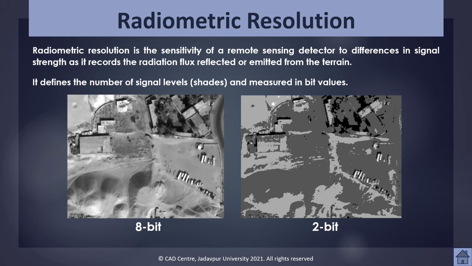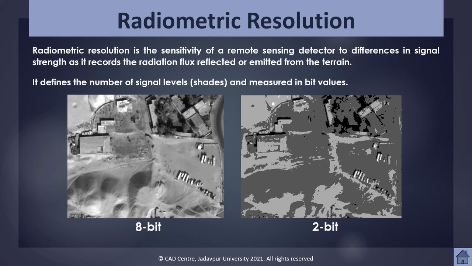The finer the radiometric resolution of a sensor, the more sensitive it is for detecting small differences in reflected or emitted energy. The number of radiometric levels, also referred to as brightness level or gray level, is commonly expressed in terms of number of binary digits or bits. Each bit records an exponent of base 2. The maximum number of brightness levels available depends on the number of bits used in representing the energy recorded.